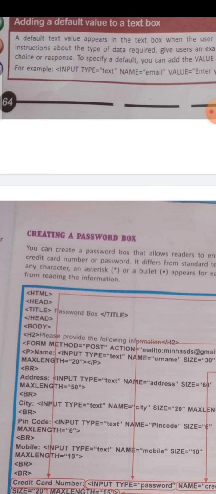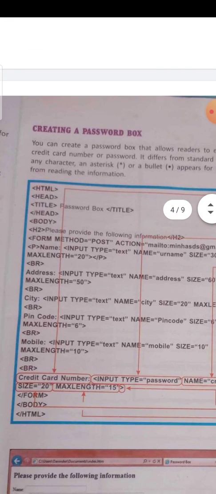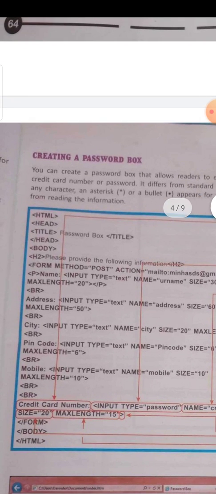So this program basically specifies how to create a password box in our program. Let us see. This is the program which gives you an idea how to create a password in your form. The program always starts with HTML, and after that head is there, and then title as usual.